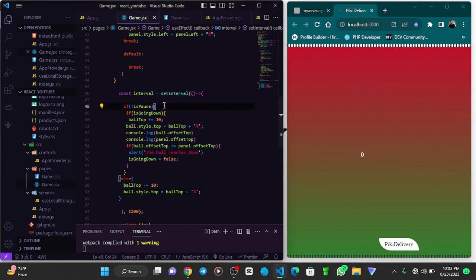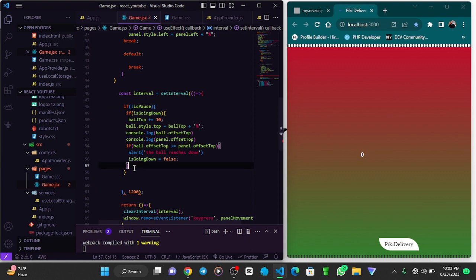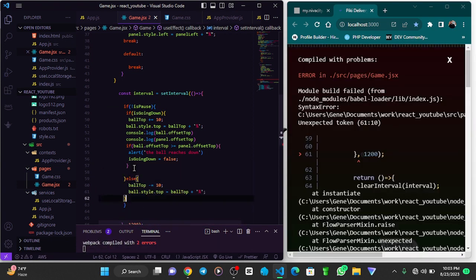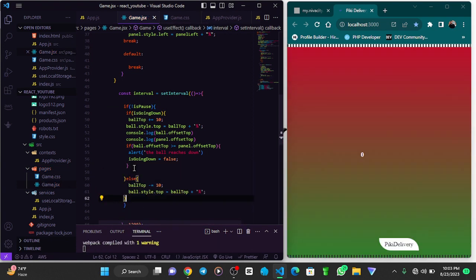So if not is pause, then otherwise we do the effect right inside this. Okay, when I reload and click spacebar, you see the ball starts